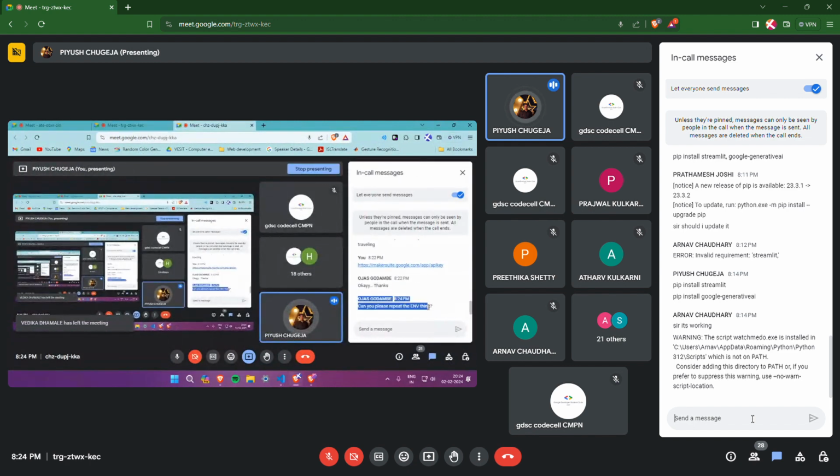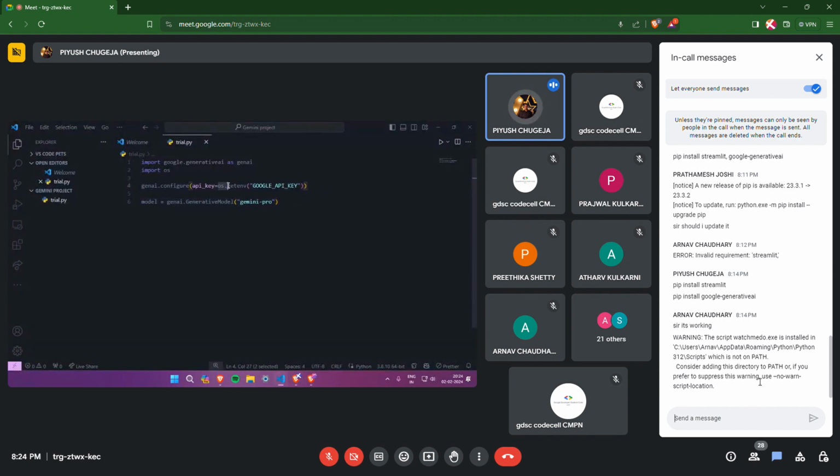Yeah, Ojas, it's fine if you don't do the ENV thing. Just make sure that you type it here. Your API key must be passed as a string here. I'll show you that part of the code as well. You guys can do it like this or the OS part. It completely depends on you.